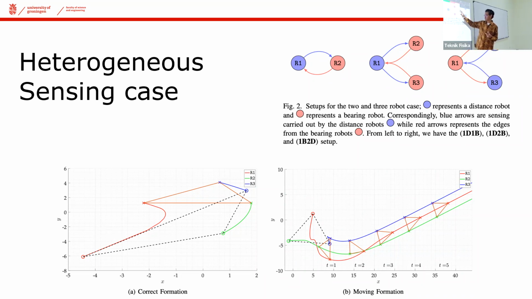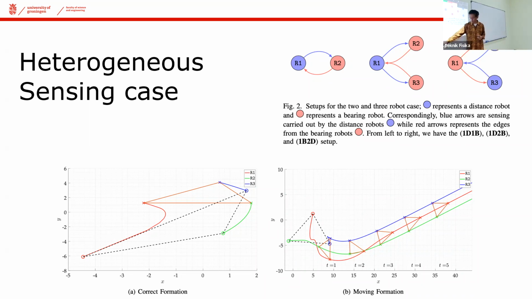So with these 2 different cases, we can see on the bottom left, when we start from the initial conditions shown in the dashed line, the bottom triangle, and when we set up the gain of the gradient-based control, it can converge to the right one, shown in the orange triangle. But when we are not setting it up properly, then we can go to the wrong thing. That is shown on the bottom right.